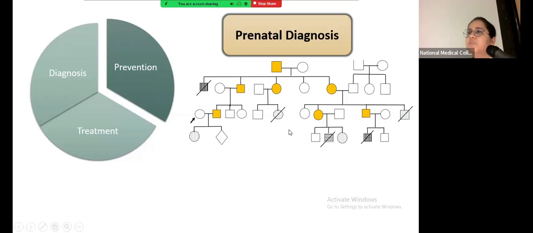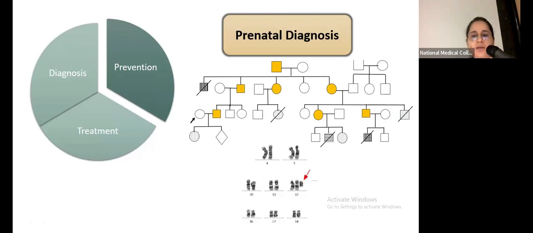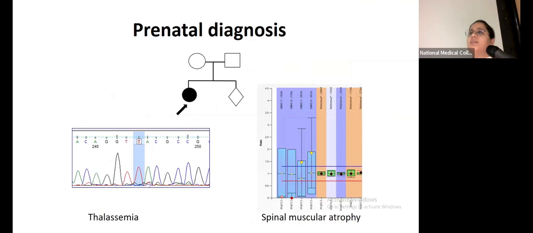So in such a pedigree, rather than going for next generation sequencing, which is commonly done, the first step would be a karyotype, in which we found a particular marker in the karyotype which was actually segregating in many of them, which you see in yellow. And these were the ones who were apparently asymptomatic, but they were transmitting this particular marker to the rest of the families.